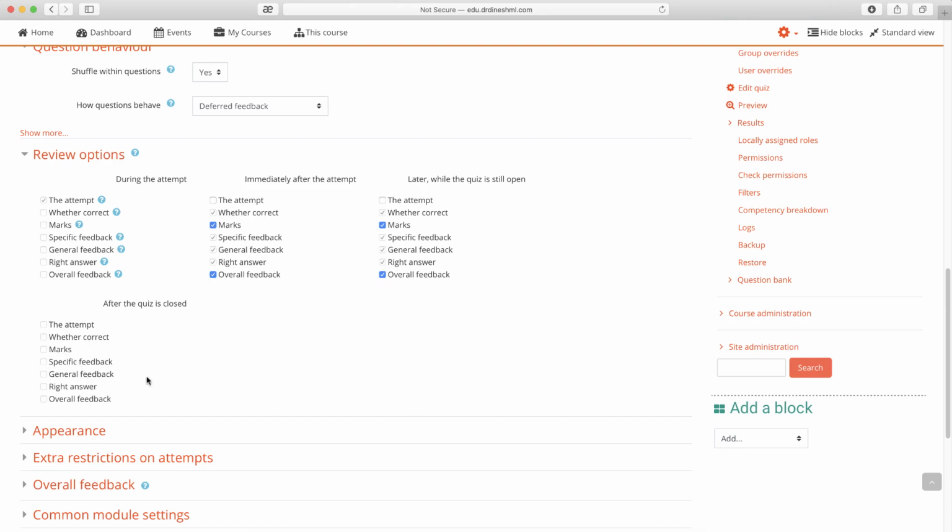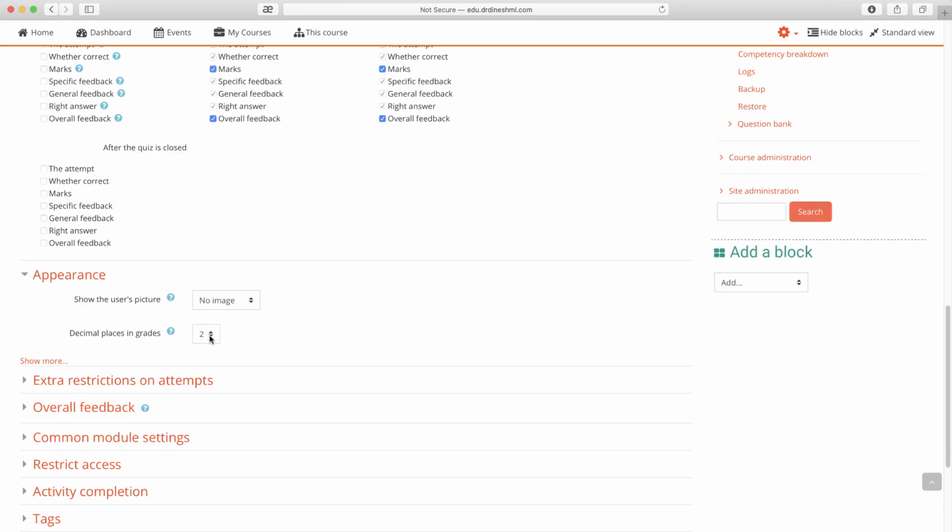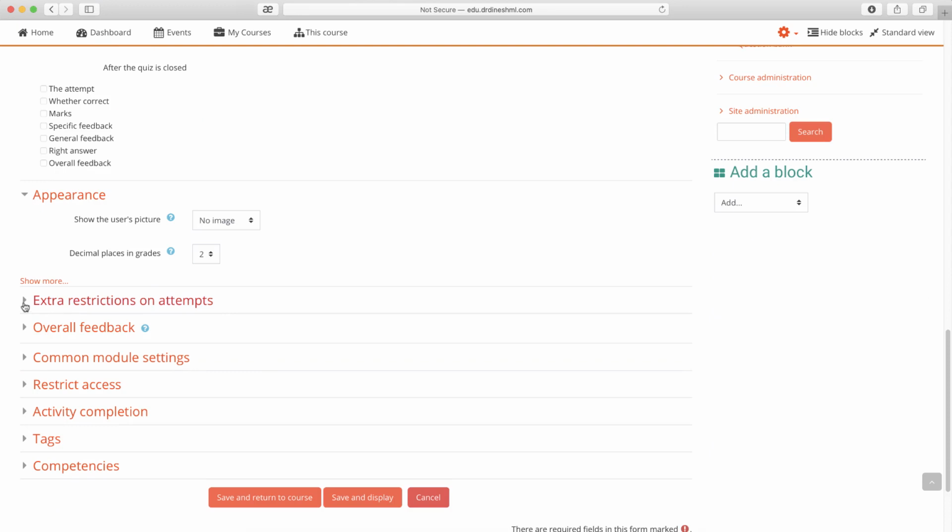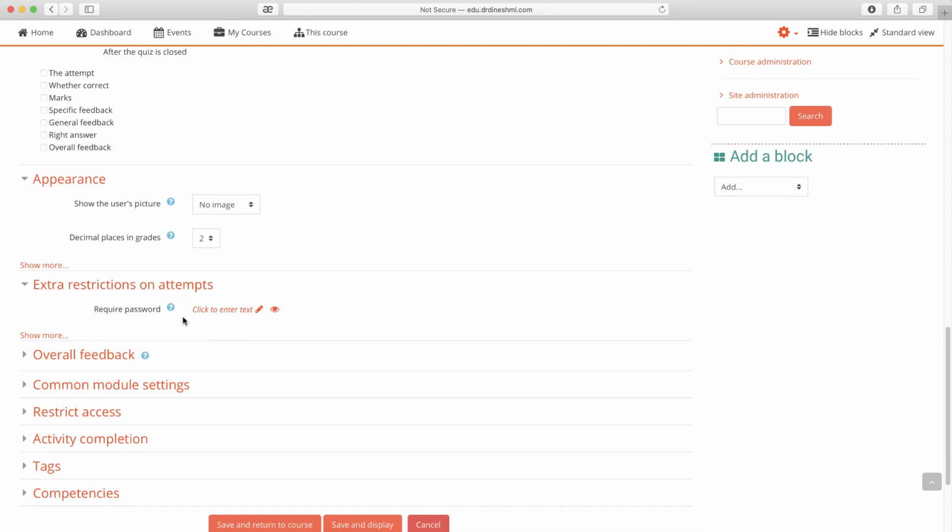If you really want to show them their marks or feedbacks or anything else, you can. Then for appearances, all the things is okay, no need. Extra restrictions is important. If you really want to give some extra restrictions, you know that majority of the time